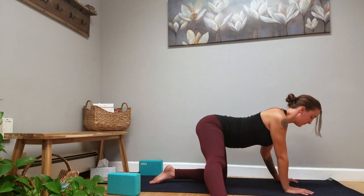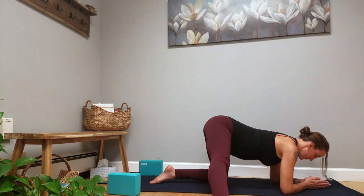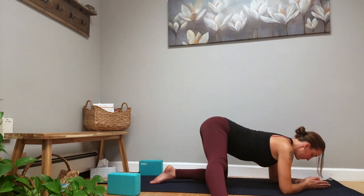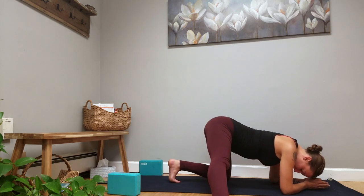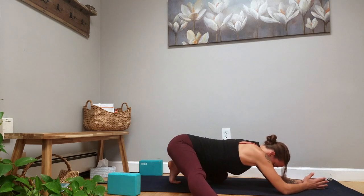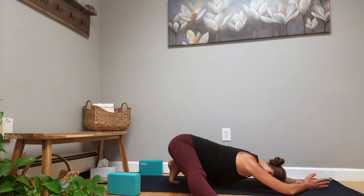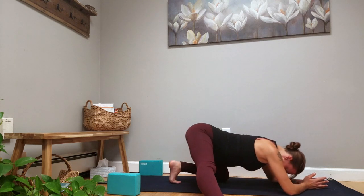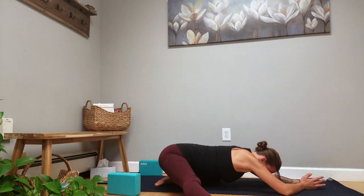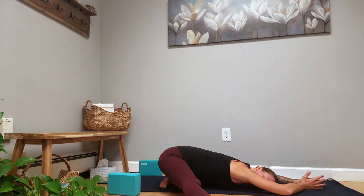A couple of options here. One, just lower the forearms down. That might be enough. Two, curl the left toes under, sit back to the left heel, and bow the torso a little bit deeper in towards the earth. And then option three is uncurling the back toes and coming to the top of the foot and sitting all the way down. And then try to drape your torso on the inside of the left thigh, completely giving yourself